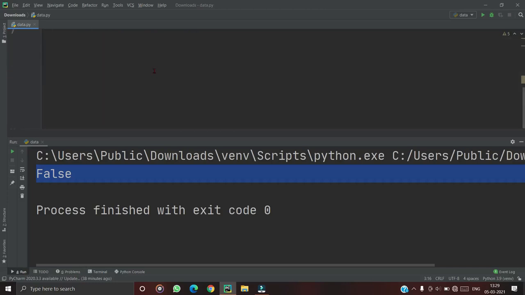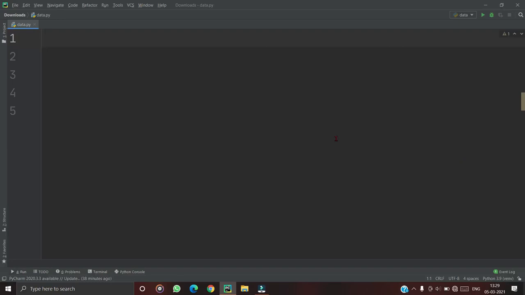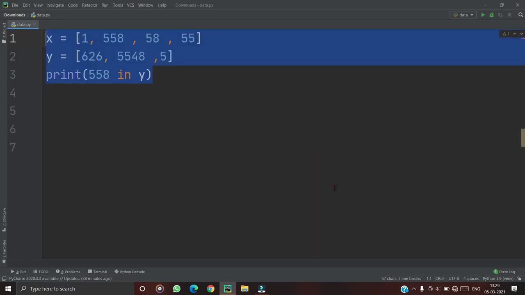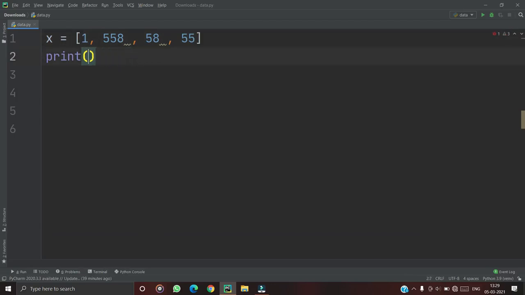Okay, so the next is slicing. Suppose I want to find the maximum and minimum value from this list. So I need to add maximum in x.